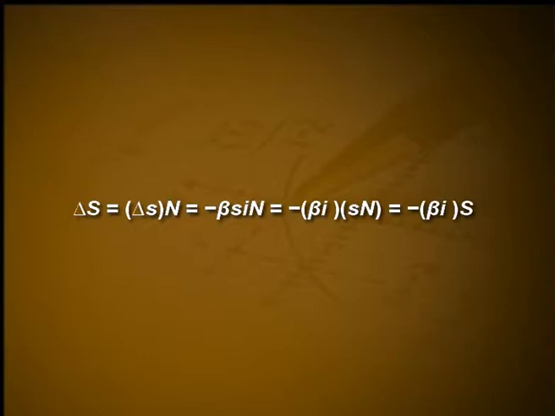Before we explain the interpretation of beta, we should note that if we use a small SIR model and want to introduce a specific total population size N, we can recover SIR data by simply multiplying the small SIR formulas by N. For example, the net change in number of susceptibles is delta S is equal to delta small s into N, which is equal to minus beta into small s into small i into N, that is equal to minus beta i into S N, which is equal to minus beta i into capital S.